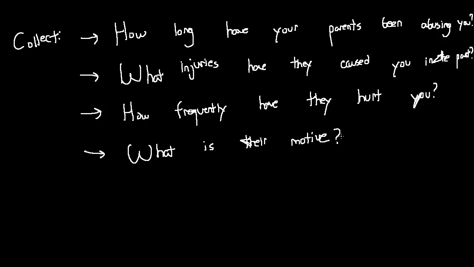They have anger problems, they have alcohol problems, they have drug problems. So we want to find out what their motive is. Chances are the kid will have an idea what their motive is. These parents don't just hurt their kid for absolutely no reason. That could be, maybe that's the reason they hurt them for no reason, because they are psychopaths. So that's something to consider. What is their motive, right? If they think it's punishment, then there's probably a good pathway to go about solving this, but we want to know what it is. So we have an idea of what we're up against and what our timeline is going to be with these first three over here.